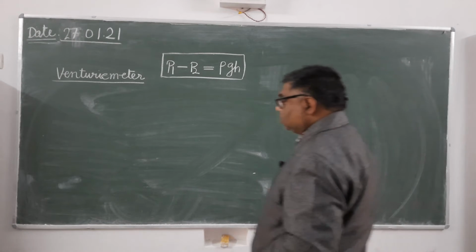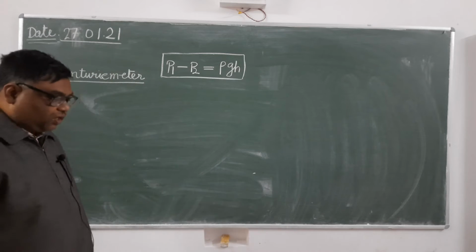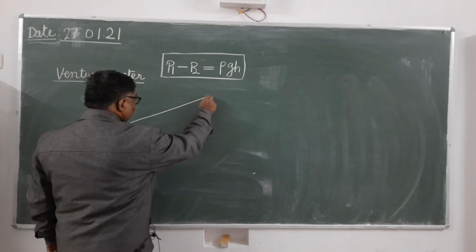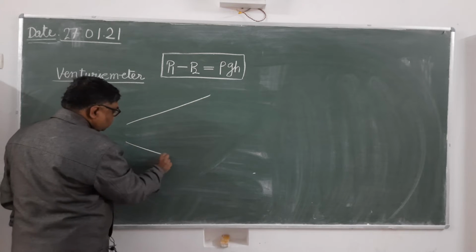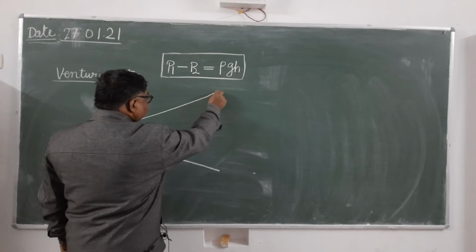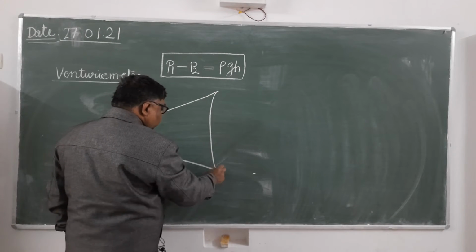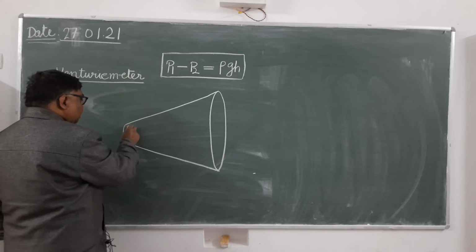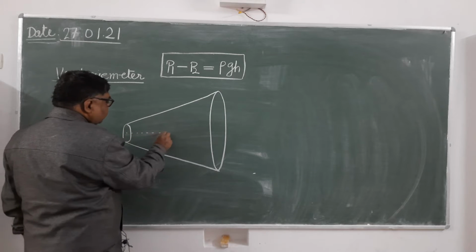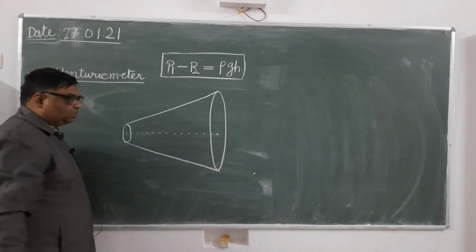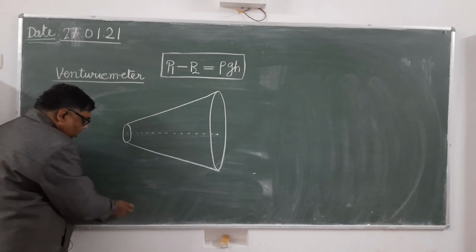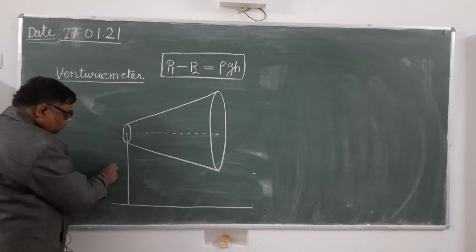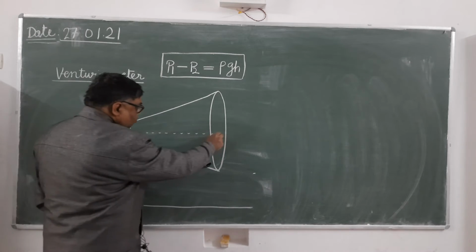So now we will see Bernoulli's theorem for a horizontal tube. What is the meaning of horizontal tube? Here this is a tube of non-uniform cross section. Its cross section is not the same, but the centers of every cross section, if you join the centers of all the cross sections, then they are lying along the same horizontal line. Means what will be their height from some reference level? Here the height will be equal to this. Here the height will be equal to this.